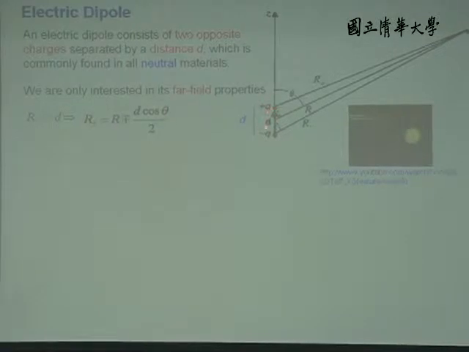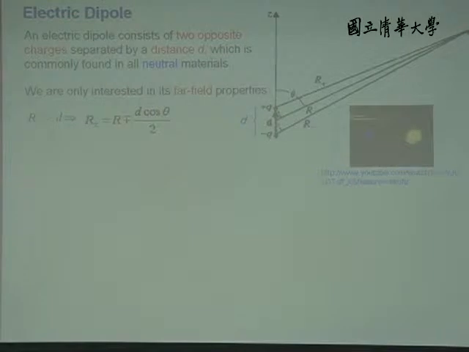But very often that these two charges with equal amount of charge with opposite sign are separated with a distance d. 那这个 d 呢，让你在远处的地方，你可以量到一个电场。